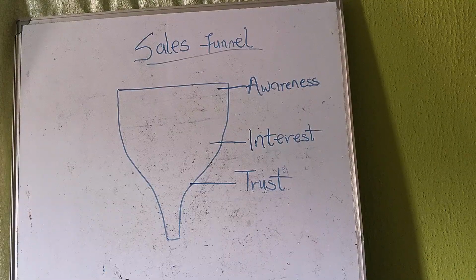Okay? Because people cannot just bring out their money to buy anything from you if they have not trusted you enough. There are a lot of scammers on social media. What makes you different from other people's content they've been seeing? Some of them may have been scammed. They don't want such to repeat again. So at this stage, you have to show them that you are credible by reassuring them of your values. So the kind of content that works at this stage is testimonials and case studies, personal stories and experiences, authority-based content, and frequently asked questions. Okay, at this stage, you have to answer their questions.